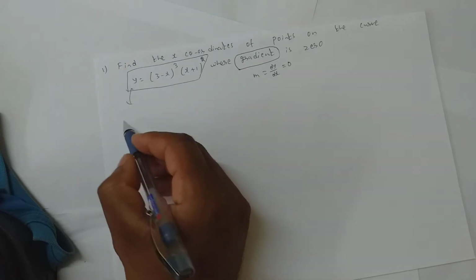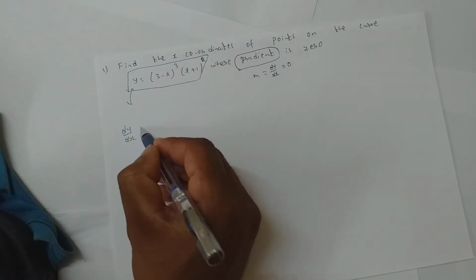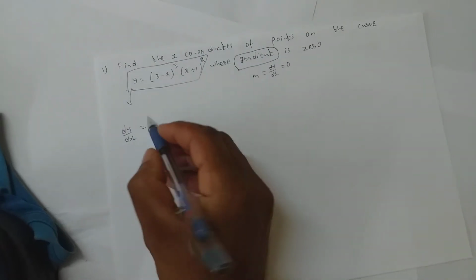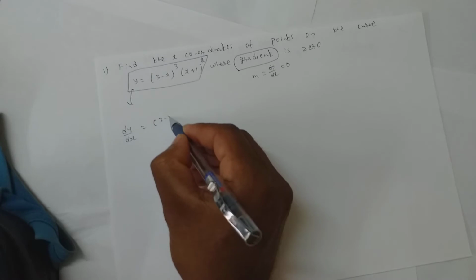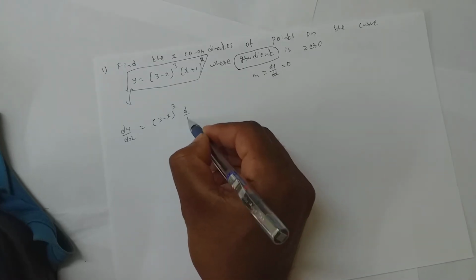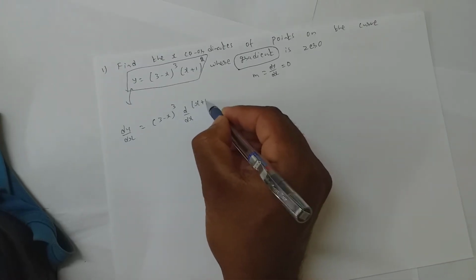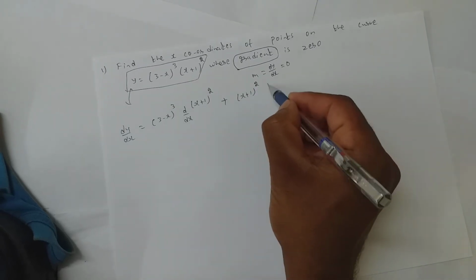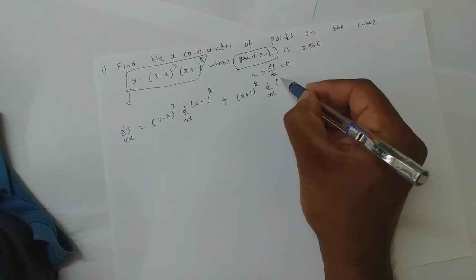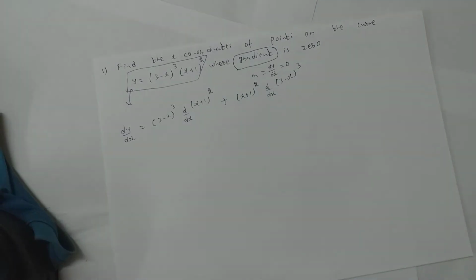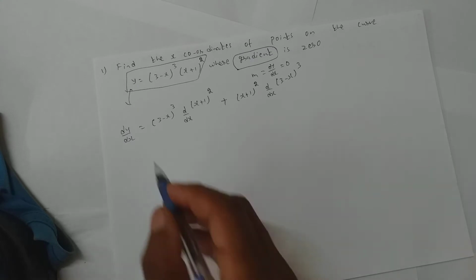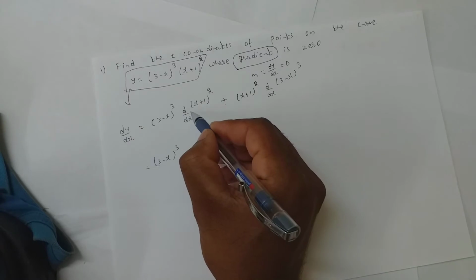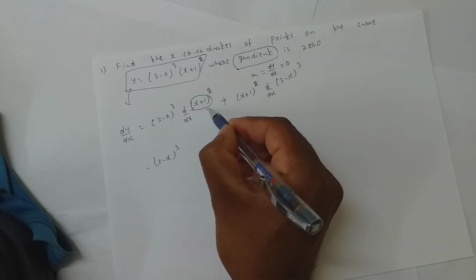So to find dy by dx, directly it cannot be differentiated. I need to use the product rule. So 3 minus x whole cube as it is, I differentiate the other one. Now this time, the differentiated one I place as it is, and which was not differentiated earlier, I differentiate now. Clear? So now this becomes 3 minus x whole cube into this, I will assume it to be x.